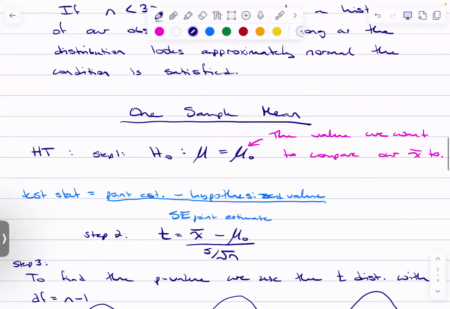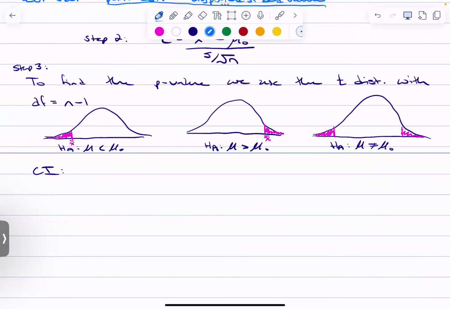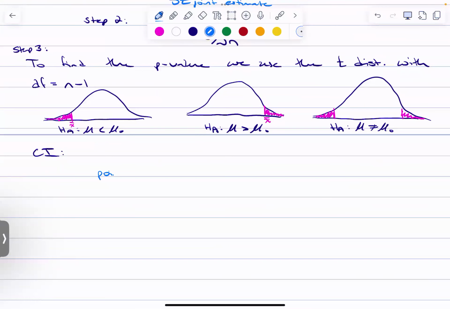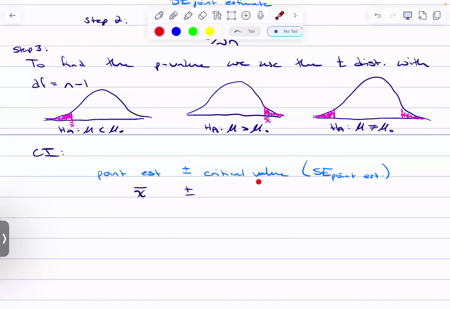in general, what did I use? In any confidence interval, you have your point estimate plus minus some critical value times the standard error of the point estimate. That's any confidence interval. In this case, my point estimate is x bar. My critical value is, instead of a Z star, it's going to be a T star, okay, with n minus